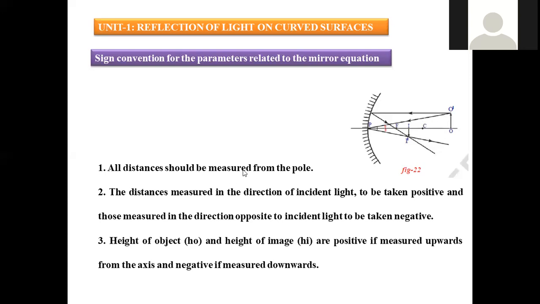So what is the sign convention? All the distances are measured with respect to the pole. From the line drawn, the distance from the object to the pole will always be positive, and the opposite direction, that means away from this, beyond this mirror, will be negative. That is the first condition. And the second is, if the object is vertically upright, the sign will be positive. If the image is an inverted one, the sign will be negative. These two are the conditions. And a new terminology is introduced here called height of object, denoted with HO. Height of image is denoted with HI. Right? So this is another parameter which we have to understand in this kind of sign convention.